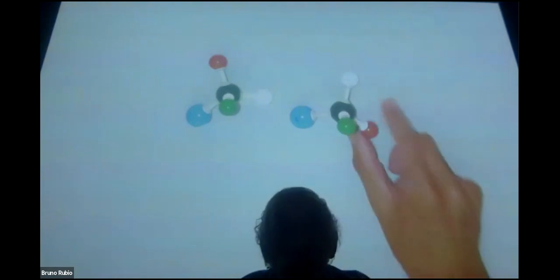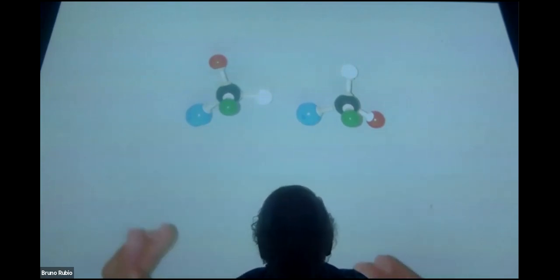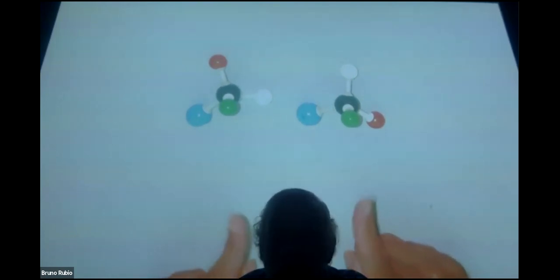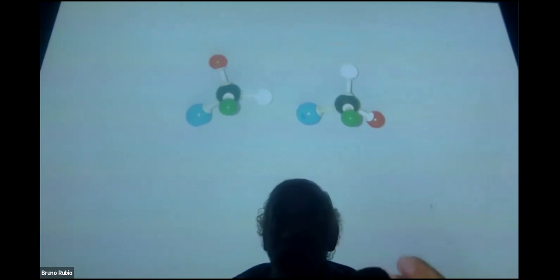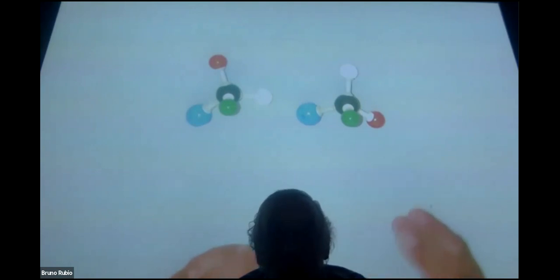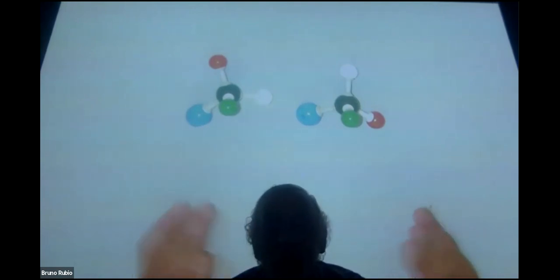So these are not constitutional isomers. They are constitutionally identical. They have the same formula, and their atoms are linked together by the same number and kinds of bonds, atom for atom. But what we're going to see in this lecture and in a few more lectures to come is that these guys are not identical structures. They are constitutionally identical, but they are not identical structures, because we define identicality in organic chemistry as the ability to